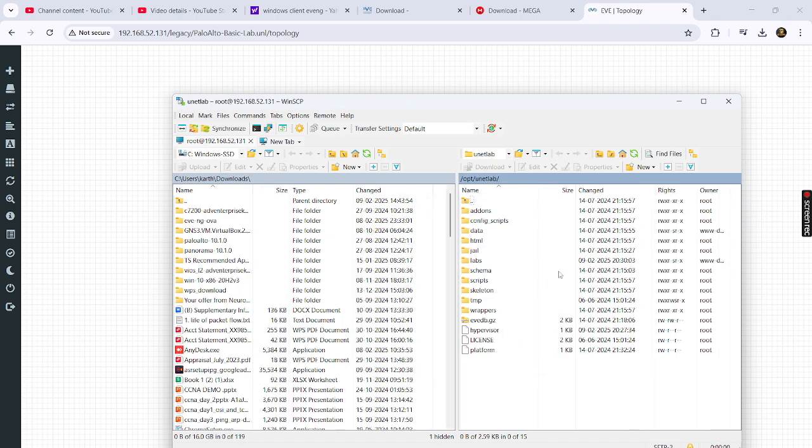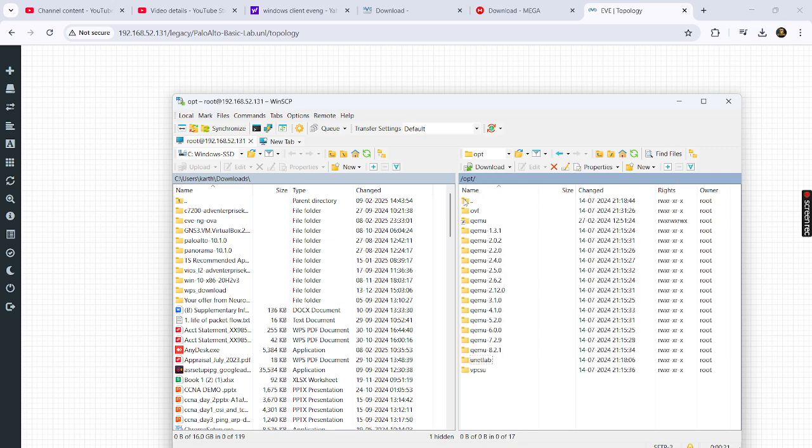It will authenticate and log in here. The right part is your EVNG. The left part is your local machine. If you are using a PC, it is your local PC. If you are using a laptop, this is your local machine. Okay, see here, what are the things that we need to add here?